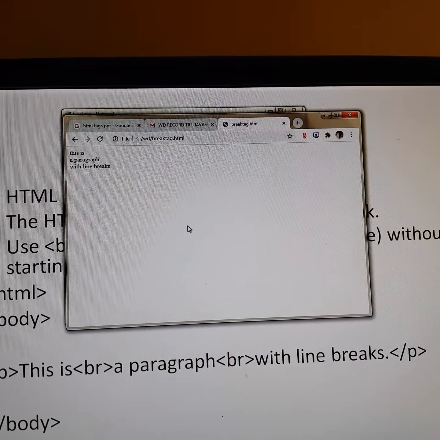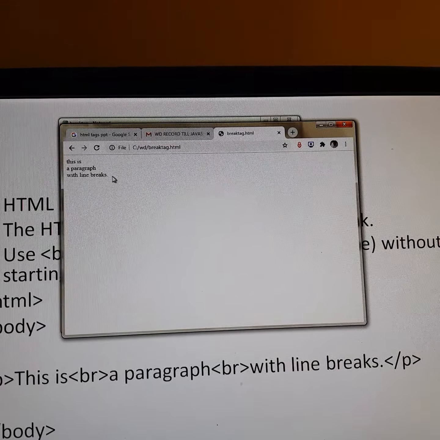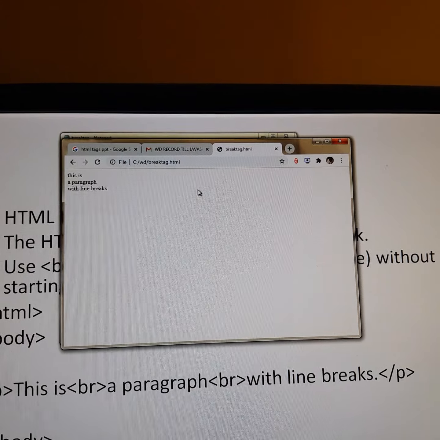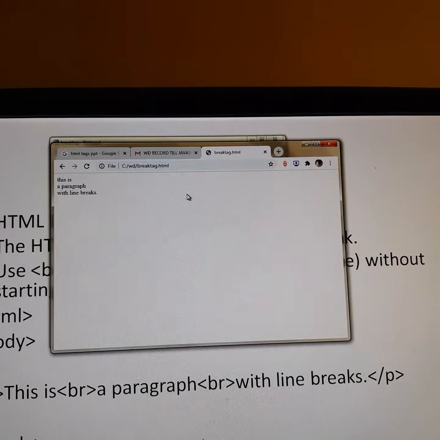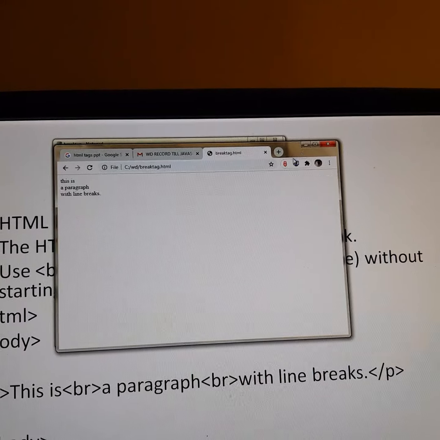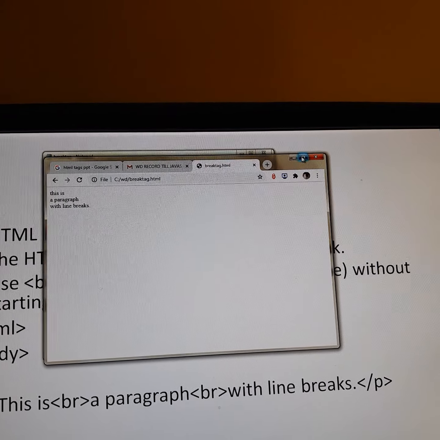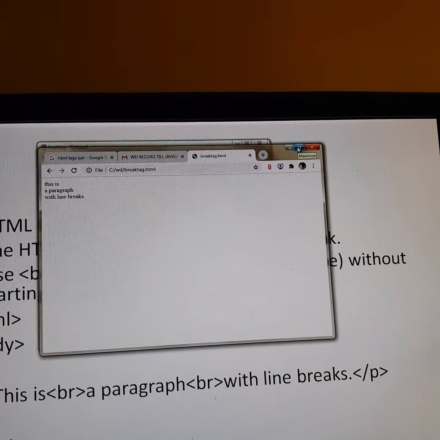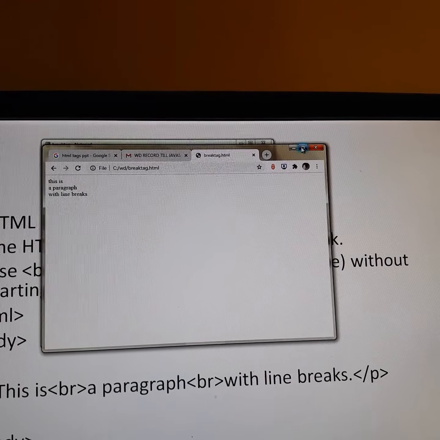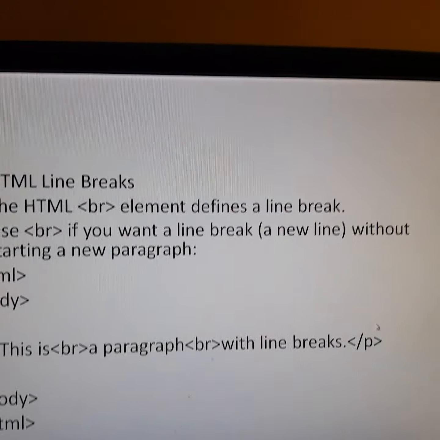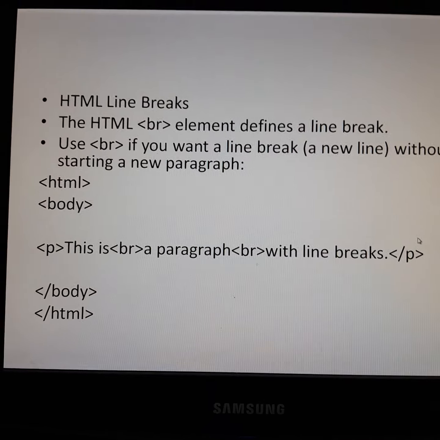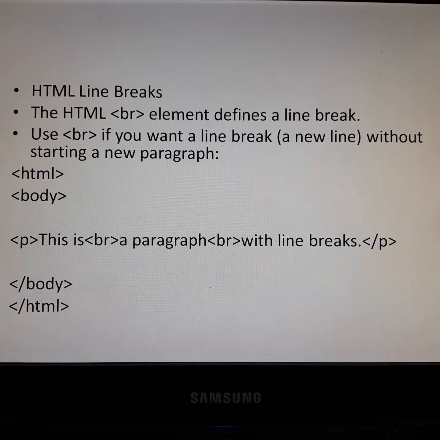With line breaks we have used a br at the end of our statement. So this is how we create breaks in between a line by using br tag. So this is about the line breaks.